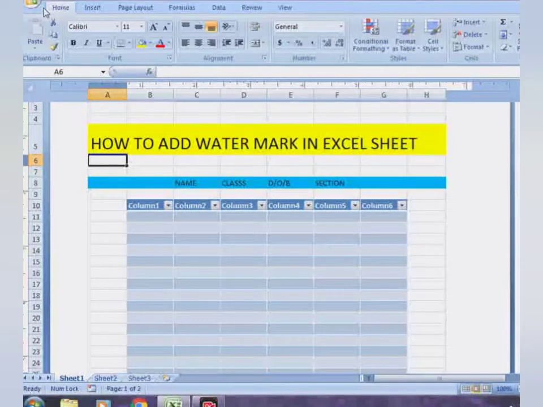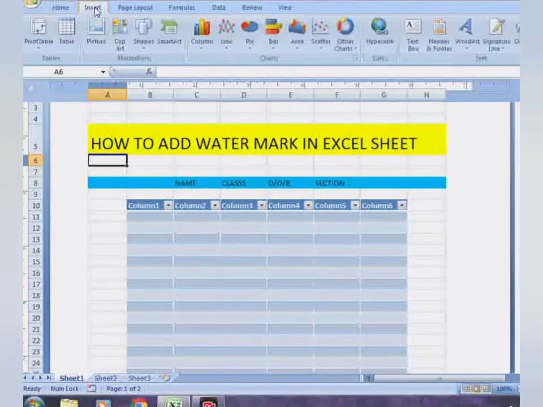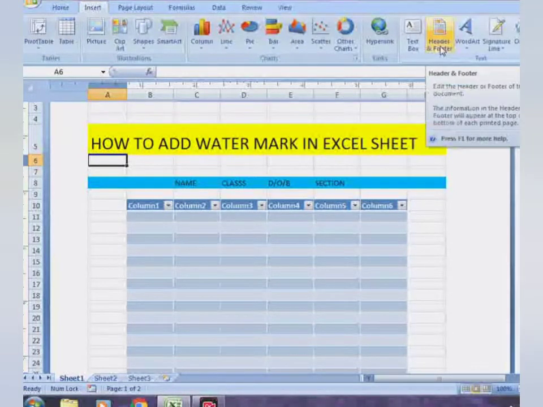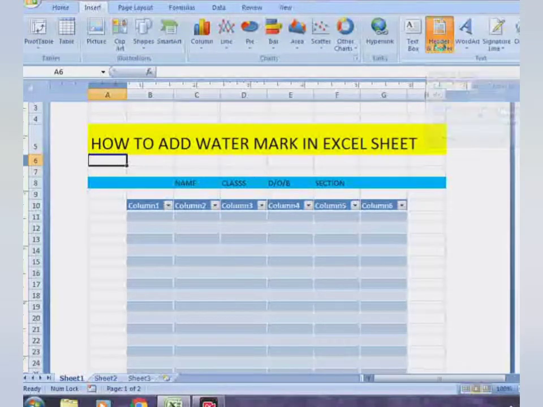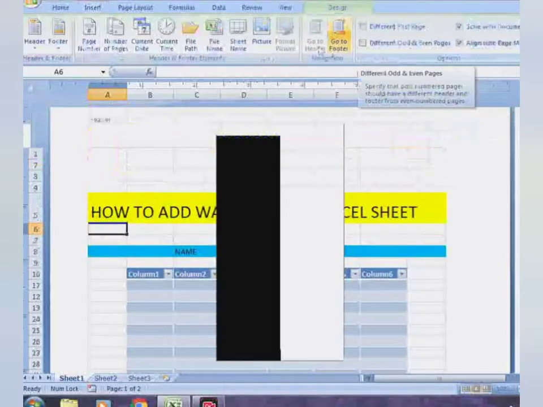स्टार्ट करते हैं. तो सबसे पहले आपने क्या यहाँ पर आ जाना है. You have to click on the insert tab, and from the insert tab go to the header and footer. Click here. यहाँ पर आपने क्लिक कर देना header footer पर. Left click, left button, and from here you can